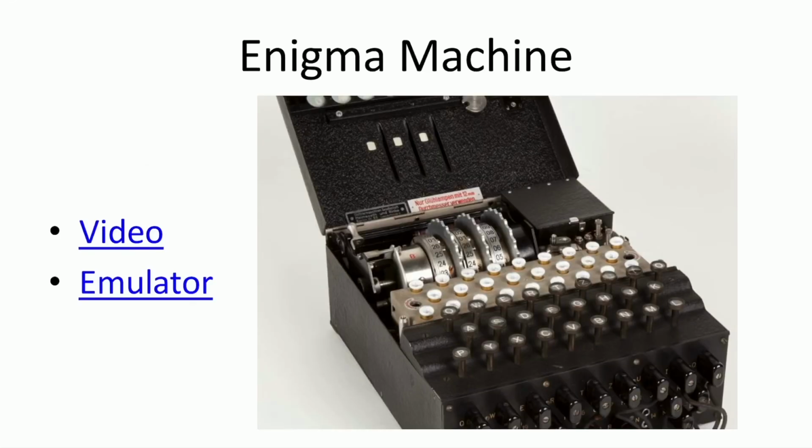Another example of a polyalphabetic cipher is the famous Enigma Machine. It uses a series of electromechanical rotor cipher machines and tries to incorporate the idea of a one-time pad by using different settings of these rotors each day. This machine was used by Germany during World War II. So watch the video at this link here to see how the Enigma Machine works. You can also use the emulator